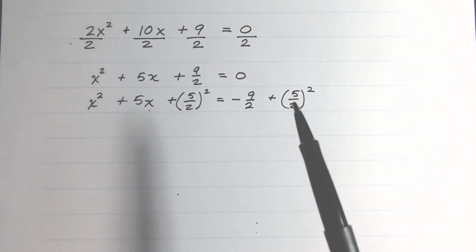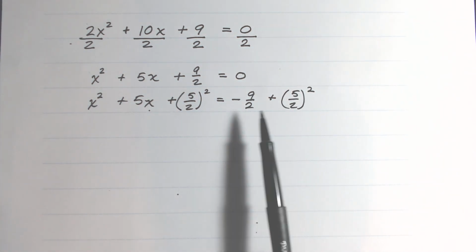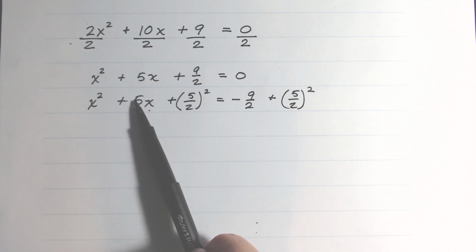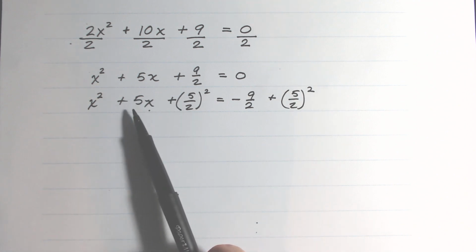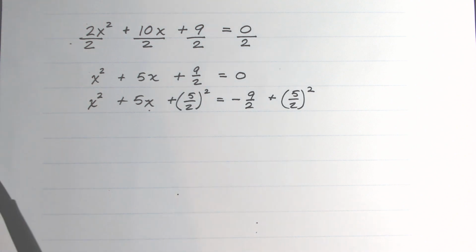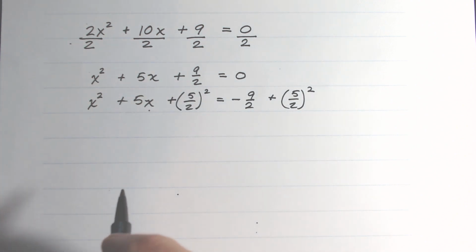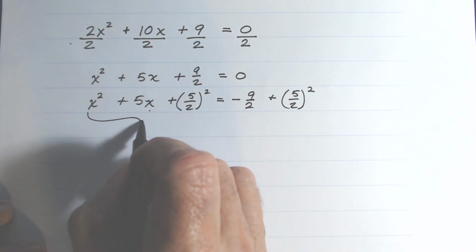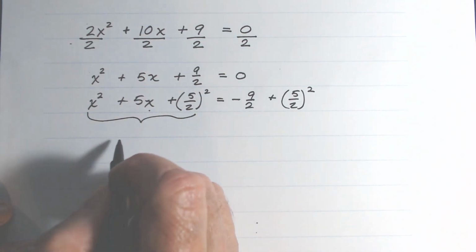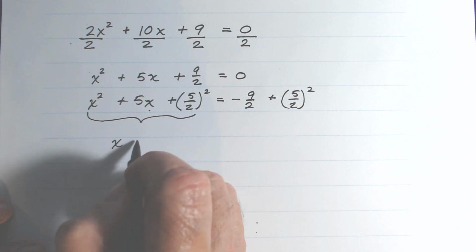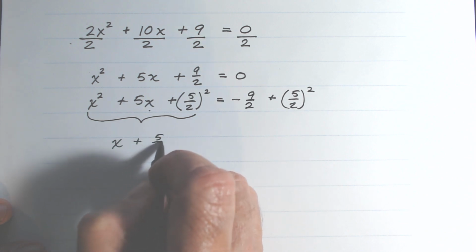Okay, so again, take half of this coefficient, divide it by 2, and square it, add it here, and add it here. This is now a perfect square. So I can rewrite it as x plus 5 over 2